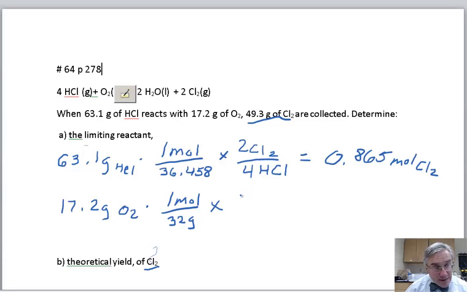So the product again is going to be 2 Cl's, but in the case of oxygen, it's only going to take one oxygen. I should get rid of this again. I don't know why that keeps popping up, but it's only going to take one